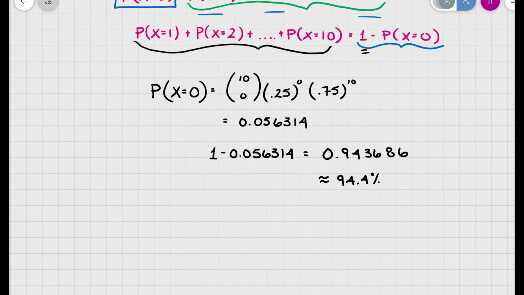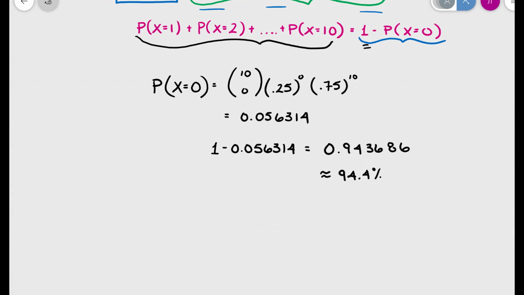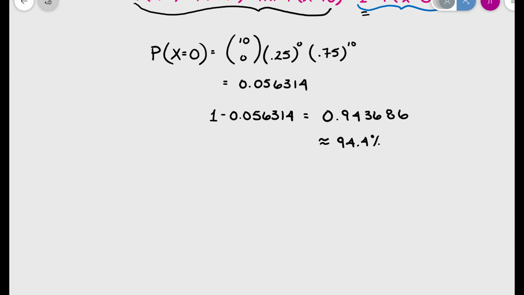For part B, what's the probability that they pass the exam? So the probability that they pass the exam is found given that a passing grade is 60%. Now this question, don't get confused, the question just asks for a passing grade. It does not say that they get at least a passing grade. So we are looking for the probability that x is equal to 6